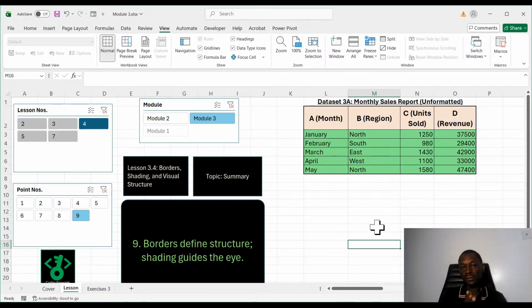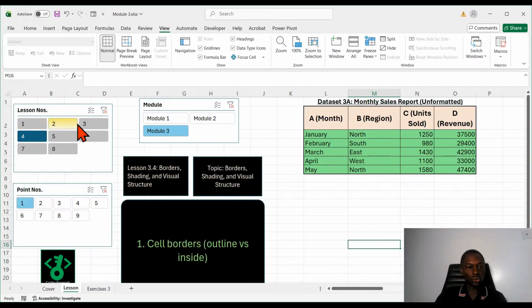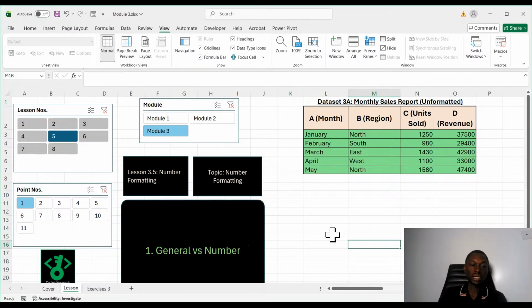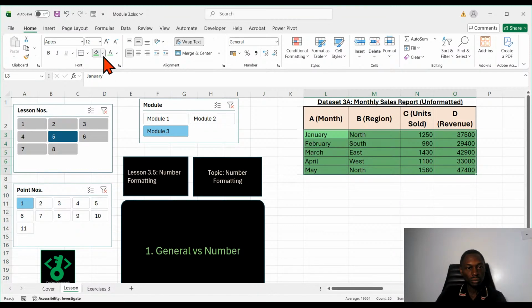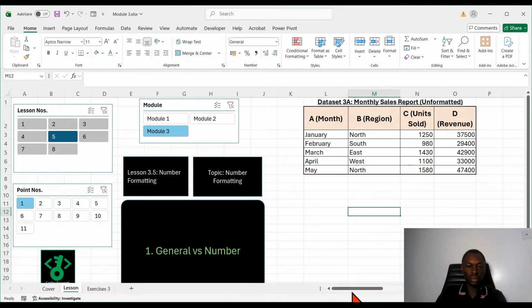All right, so these are some of the basic formatting we can do in Excel, specifically the borders. So now we're looking at number formatting. Let me make this the default color. Okay, so we're doing number formatting. We're going to work on the number columns here, and like we saw in our earlier module, once you select your data,